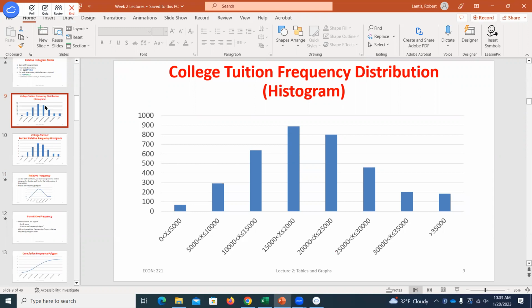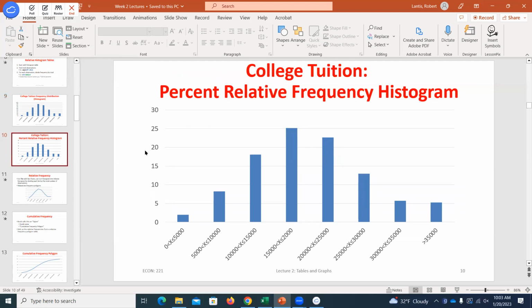If we simply selected those frequencies and inserted a bar or a column graph, we said that's going to be a histogram, right? This column or bar graph shows our frequency distribution. It's really just a fancy name, histogram, that says we started out with continuous data. We threw it into these bins in order to give you a nice visual of what that frequency distribution looks like. We could use the frequencies. We could use our relative or our percent frequencies as well. We already mentioned this shouldn't change the graph, right? Because we're dividing and multiplying by the same number. So the relative size of these groups shouldn't change. That's where we left off.